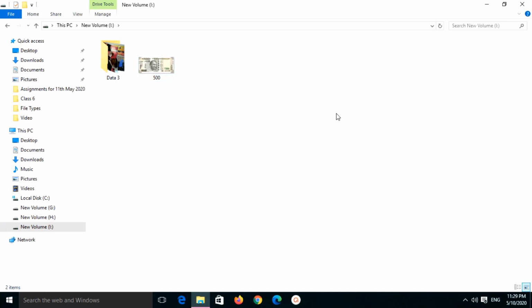Therefore, when I pressed Ctrl X, the cut command is done, and come to the destination folder or the drive wherever you want to paste the file and press Ctrl V. Ctrl X and Ctrl V is the command for cut and paste. Ctrl X cut, Ctrl V paste. Same way Ctrl C is to copy and Ctrl V is to paste. Okay. So now you saw in both the cases you can move a file or a group of files from one place to another.